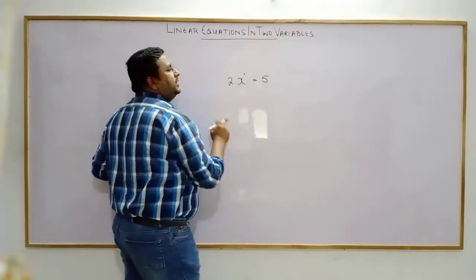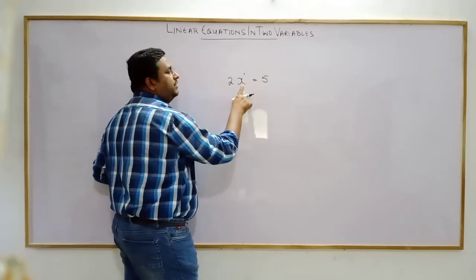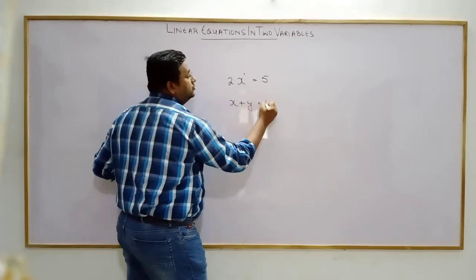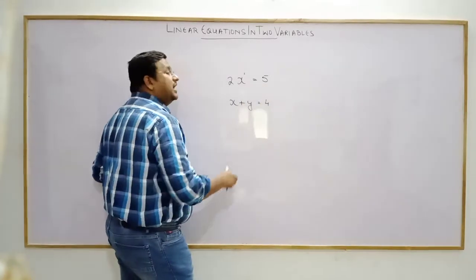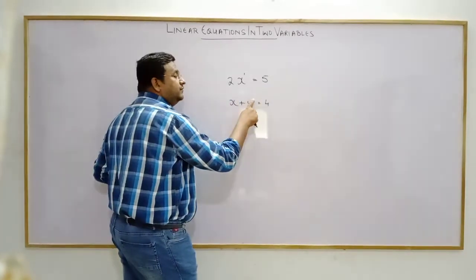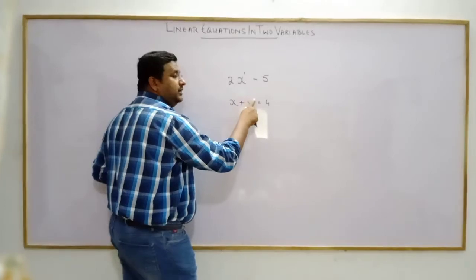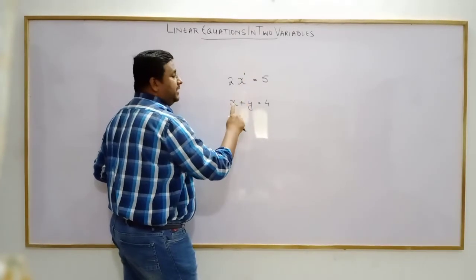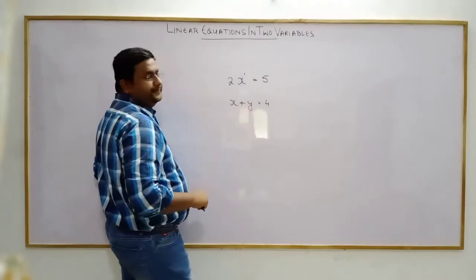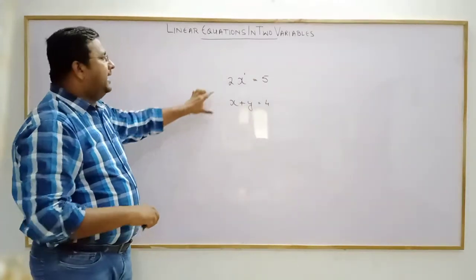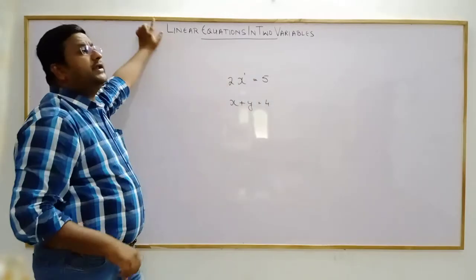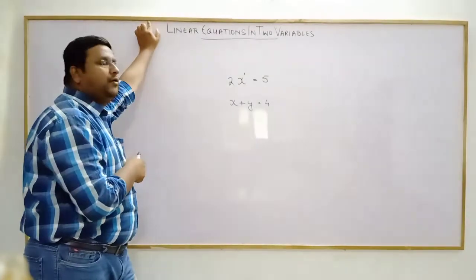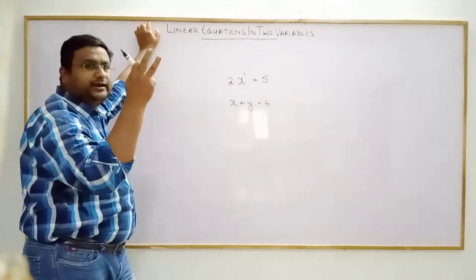Then two variables. How many variables over here? Only one variable, that is x. But if I write x plus y equals 4, this becomes a linear equation as both of them have degree 1, power 1. It becomes a linear equation in two variables x and y. Clear? And linear equations you have solved in class 8, but that was for one variable. Here we are going to discuss linear equations in two variables.